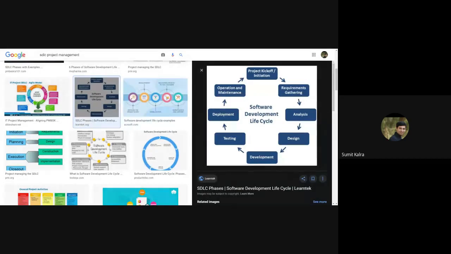Small functionality is fine, but you need to achieve some quality, you need to improve something. You need to focus on one quality attribute. You need to follow proper software development life cycle. So those are more points to focus for your course project.